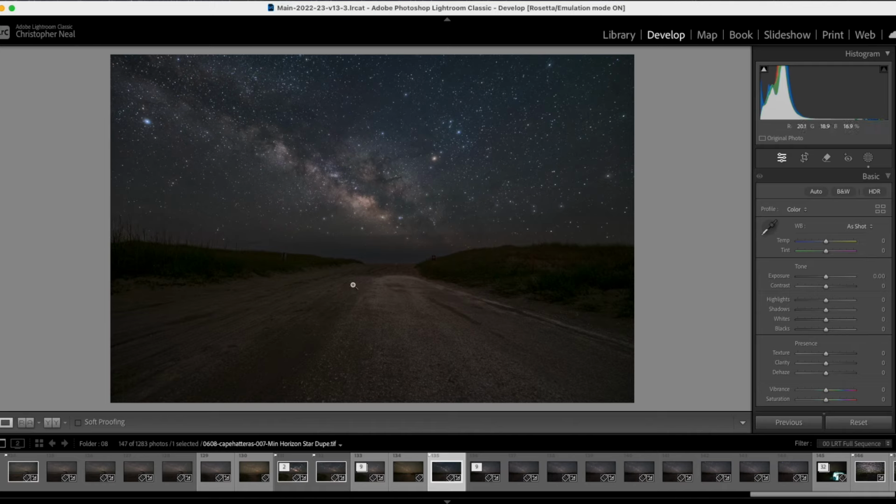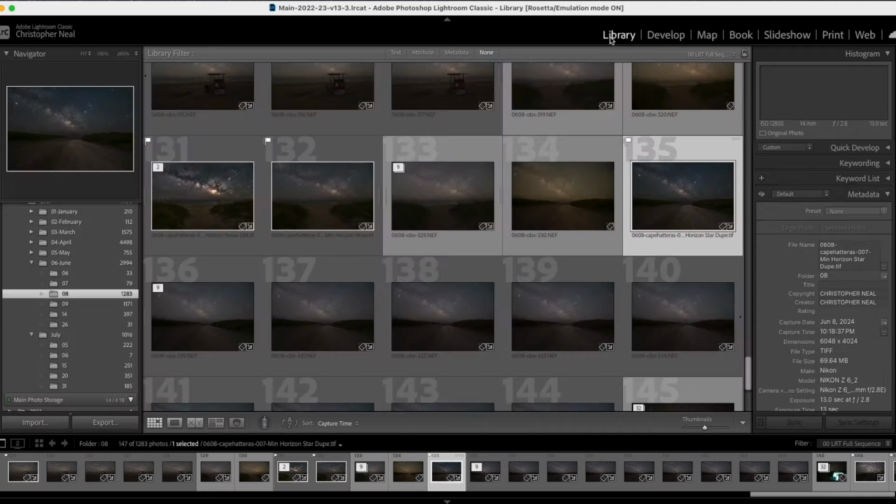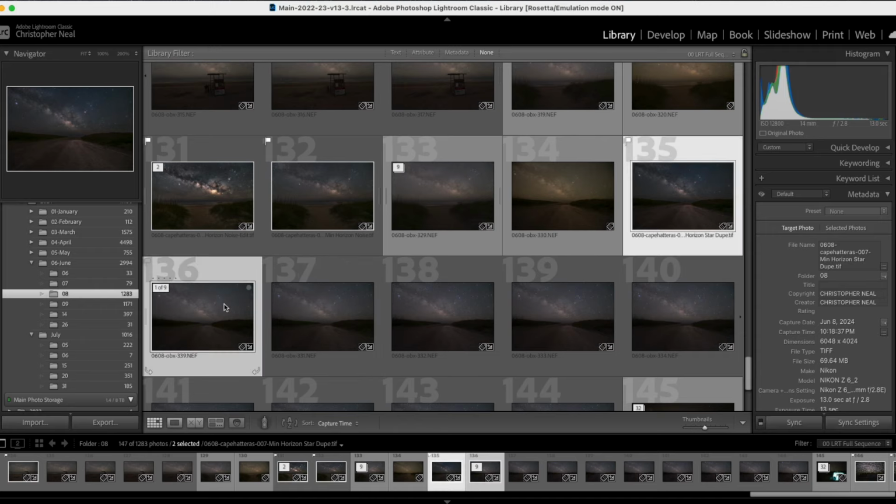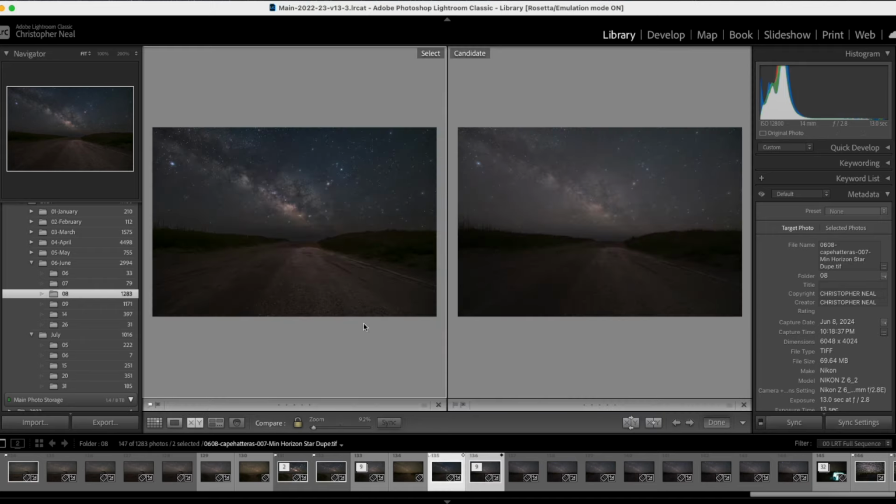So I'm going to stop with this. This is my usual process from Lightroom, Starry Landscape Stacker, and then back to Lightroom. And we'll go in and compare these images. This is the flat